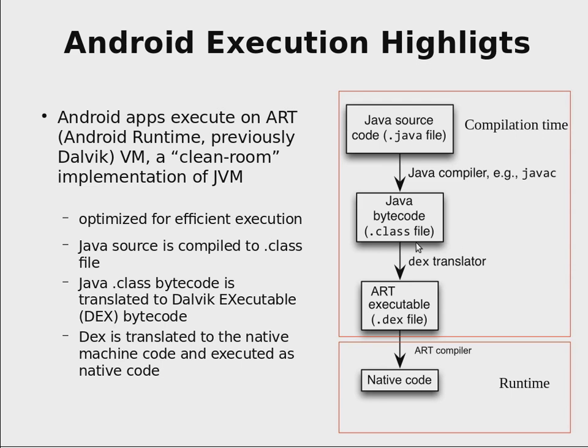Now about compilation and runtime. If you develop your application in the Java programming language, you have a .java file. If it's Kotlin, then a .kt file, and then you compile it. If it is a Java compiler like javac, you compile it to a class file. If it's Kotlin, you use the Kotlin compiler, and again it compiles to the same format of class file. And this bytecode is also absolutely compatible with Java class files for personal computers. But then